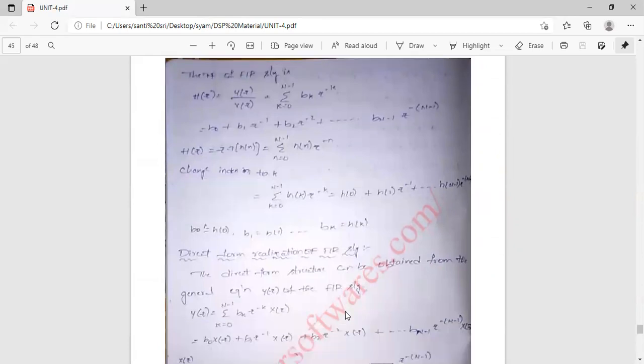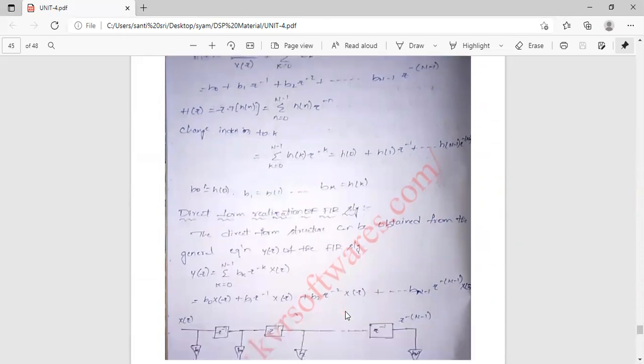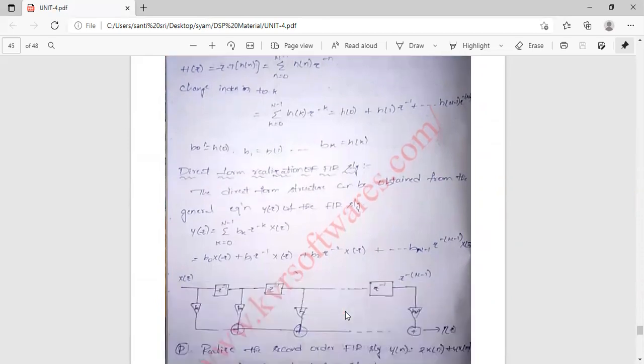Okay. So, direct form realization of FIR system. Now we will see the direct form realization of FIR system, the finite unit impulse response system. The direct form structure can be obtained from the general equation Y(z) of the FIR system as